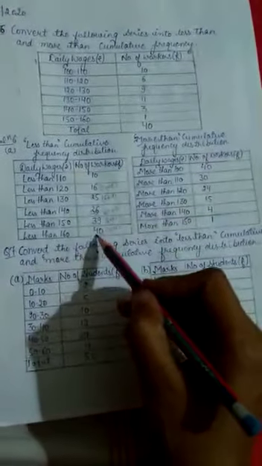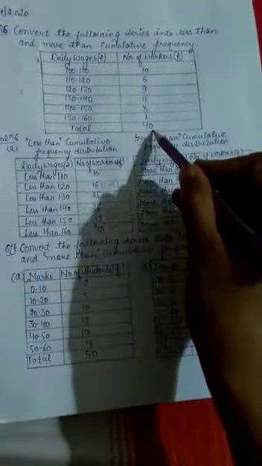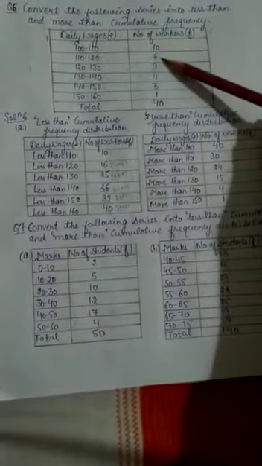Always this 40 and this 40 will be the same. The last value and the total value will be the same. It means your question will be correct. Hope you are understanding. In less than, we are adding from the upside: in the first column we write 10, then 10 and 6 is 16, then 16 and 9 is 25, then 25 and 11 is 36, 36 and 3 is 39, 39 and 1 is 40. And we are using upper limits.